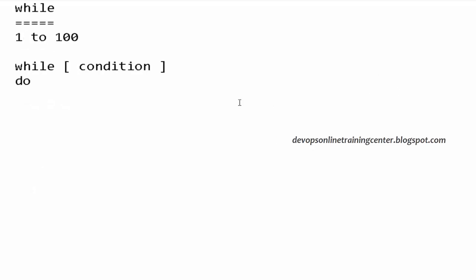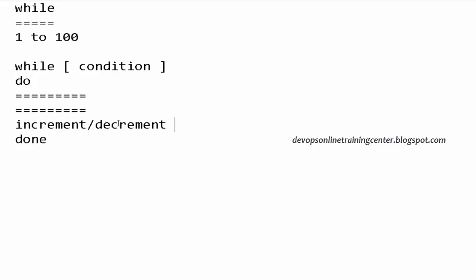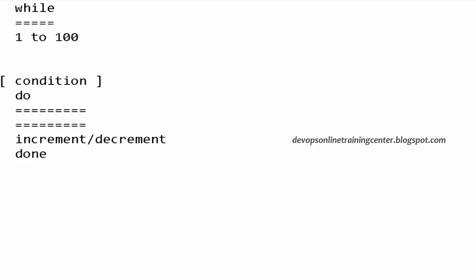If the condition is met, do this, some statements we give, right? And done. And we also need to give an increment or decrement operator here. So let us say we have to initialize a variable value here.